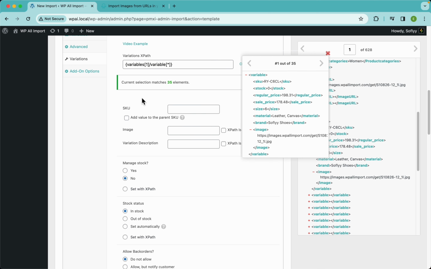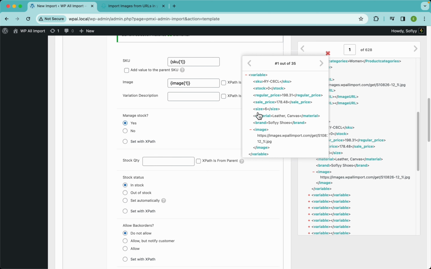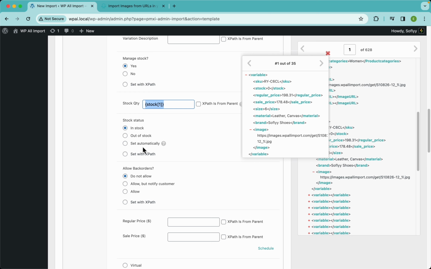All right, so we have here the SKU for the variation. All right, the image is right here, and the description, we don't have that here, so I'm just gonna skip it. The manage stock option, I'm gonna enable this and drag and drop the stock element, which is here, into the stock quantity field. All right, now for the stock status, I don't have any of that information here, but